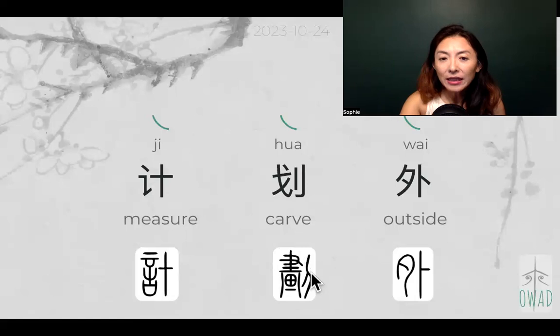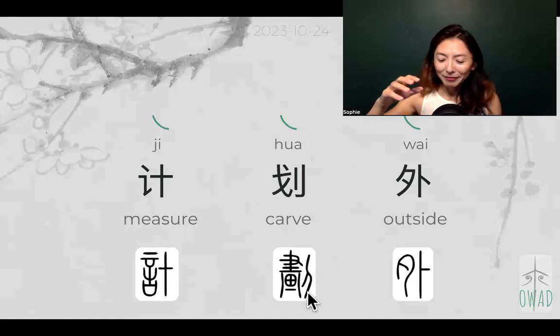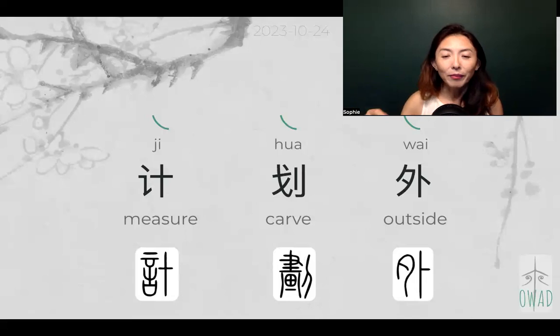And eventually this wood carving to make artwork got abstracted into this act of carving. So now we have measure and carving together. That's the Chinese way to say planning. And